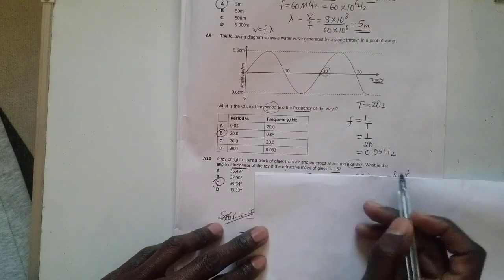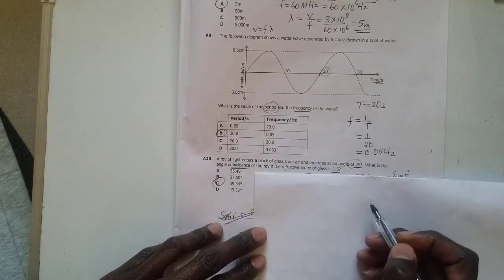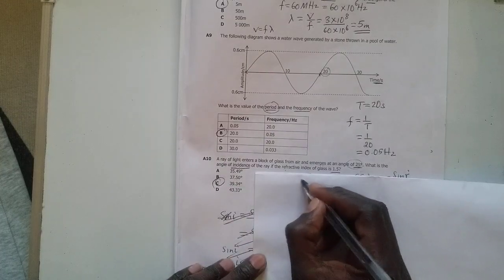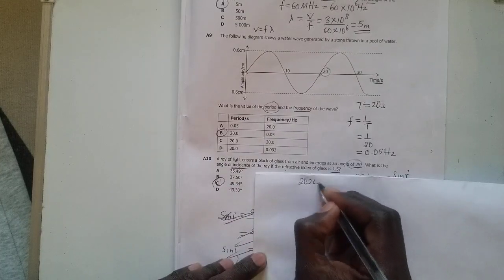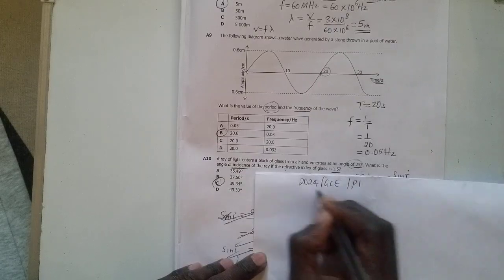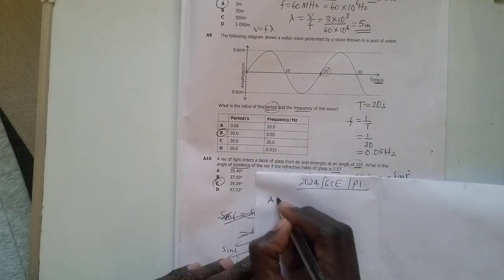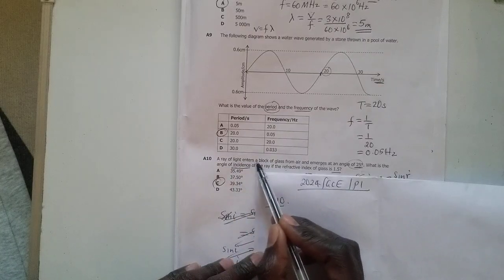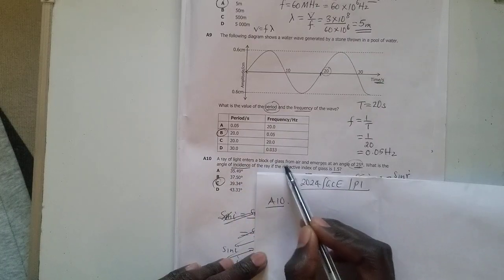So welcome to this segment as I try to continue with the 2024 GCE Paper 1 Physics. I'm starting from question number 10, and it says a ray of light enters a block of glass from